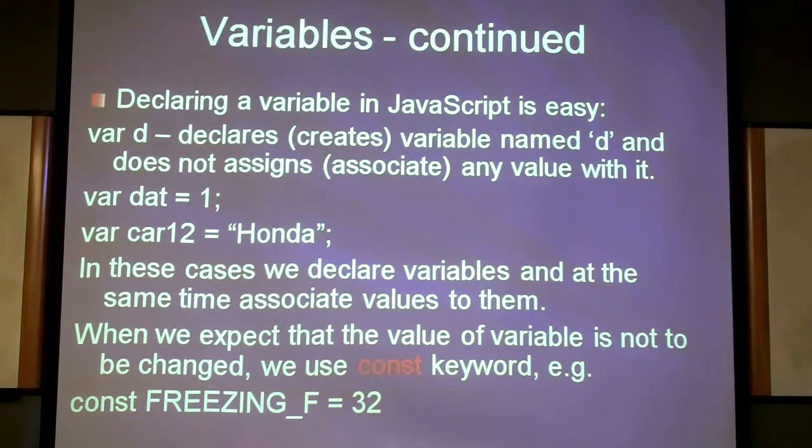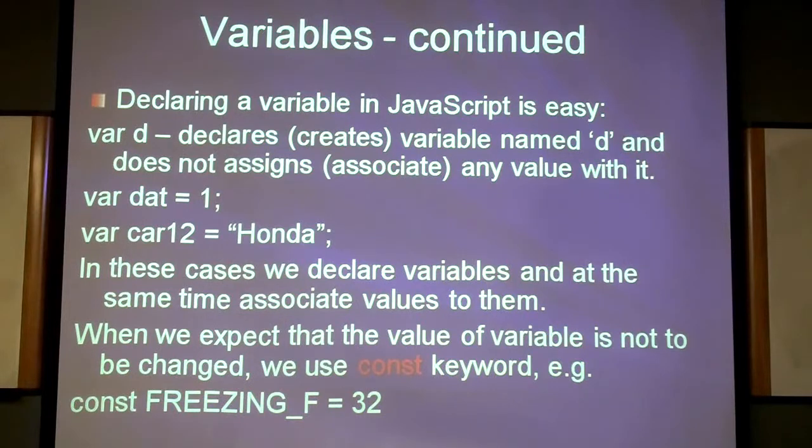And observe here that in the first case, when I'm assigning numeric values, I don't use double quotes. When I use an alphabetic string, or actual string, that should be encapsulated in double quotes. Because if you don't do that, JavaScript may think that Honda is another variable. It will try to find that Honda variable, could not find it, and will be perplexed. So there will be an error. So this is actually a literal string. It basically consists of letters, and as such, it should be encapsulated with double quotes, and each line should end with the semicolon. Again, this is not a requirement, but highly desirable.